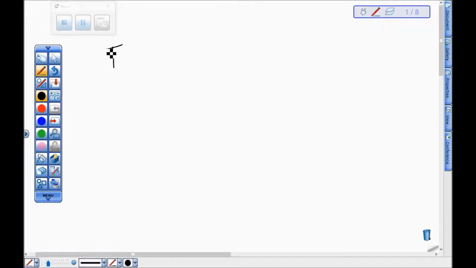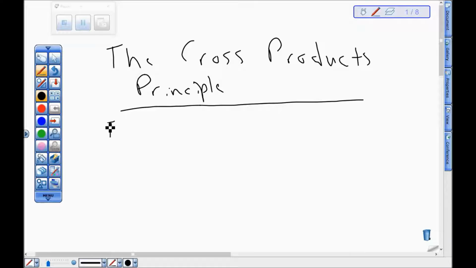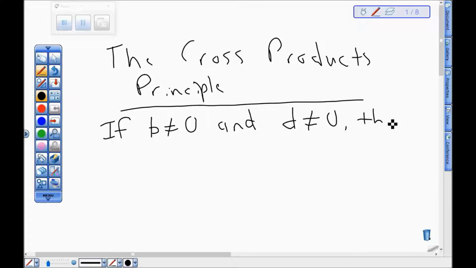The cross products principle is probably something you've seen before, but I want to put it in our terms and then do a few examples of just solving proportions with it. So if b is not equal to 0 and d is not equal to 0, then